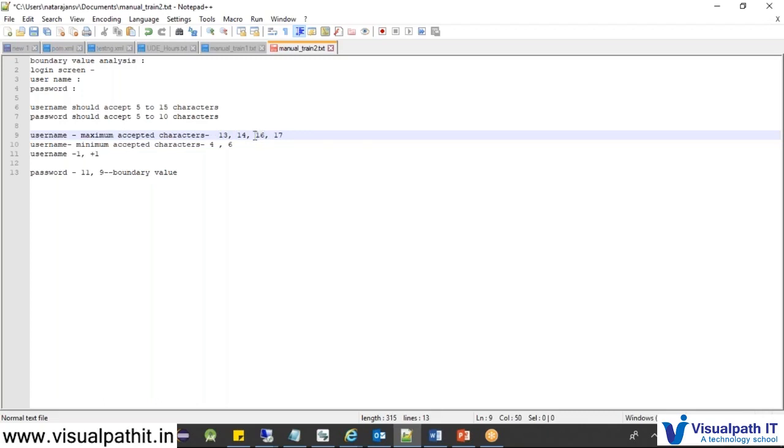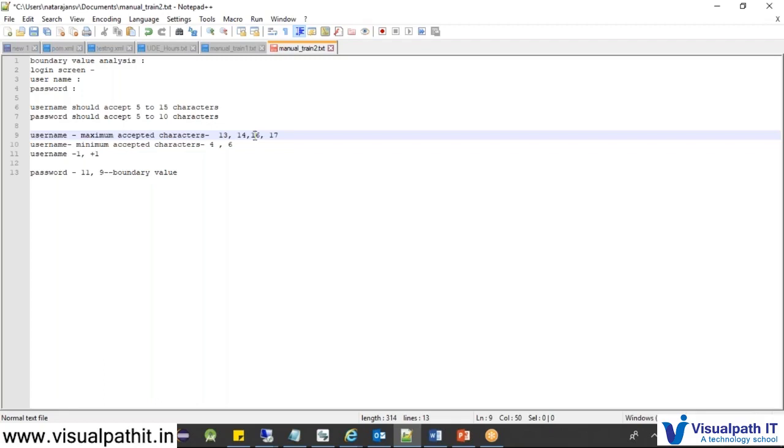You may think there is no time, there are just four verifications. But we have taken a simple example of a login screen with only two edit boxes. There will be hundreds of text boxes and hundreds of validations in an application. You cannot make four boundary value analyses for each text box. It consumes a lot of time. So normally if the time is less, they will make only two boundary value analyses, which are very near to the